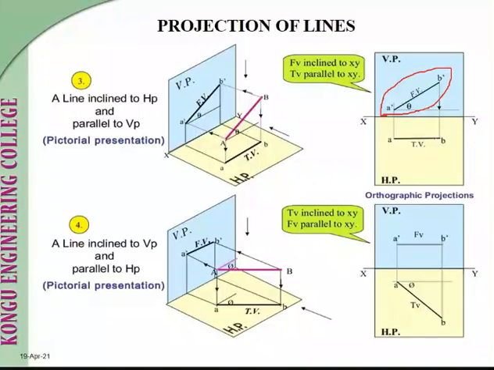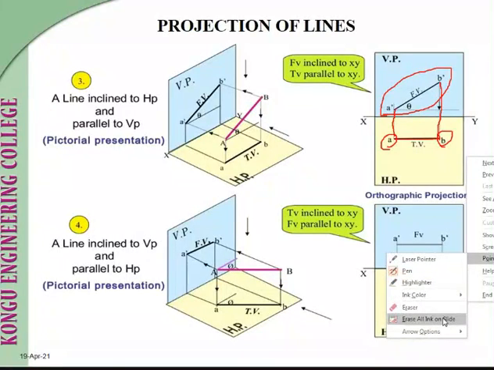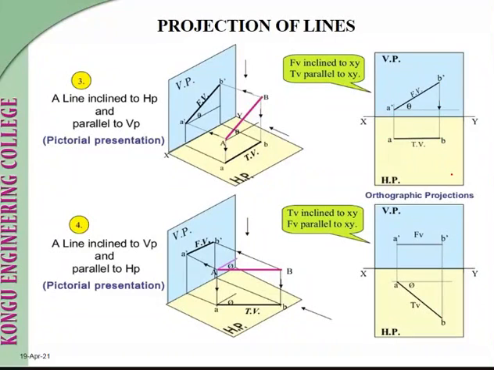So for creating this top view, you have to create a trace from A dash, and also you have to create a trace from B dash. Okay, then you can create a line between the traces from A dash and B dash. So you can connect these two traces with a horizontal line. This horizontal line will be called the top view, and you can name this top view as A and B. Okay, it's clear. After doing this, you can take your HP pencil and highlight the work that needs to be highlighted.